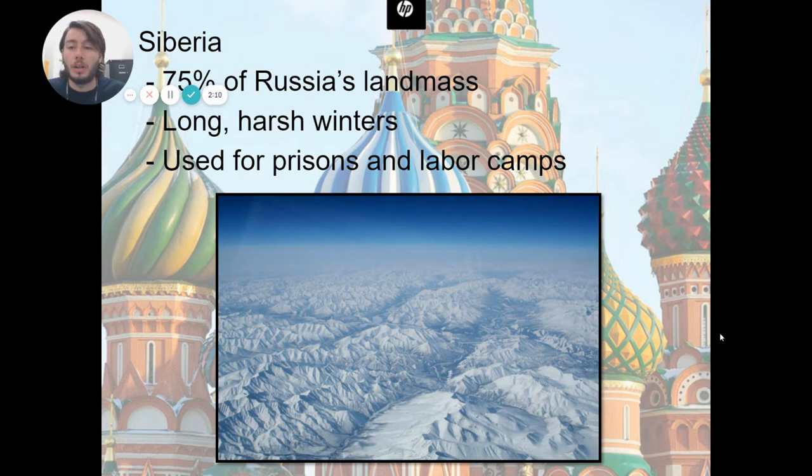And Russia has historically used Siberia for prisons and labor camps. It's the perfect place to build a high security prison where you put the country's worst criminals. And the reason for that is because they don't have to use as many guards. And you're like, why? If they're really high risk prisoners, then why would they put them in a low security prison? Because it's in Siberia.